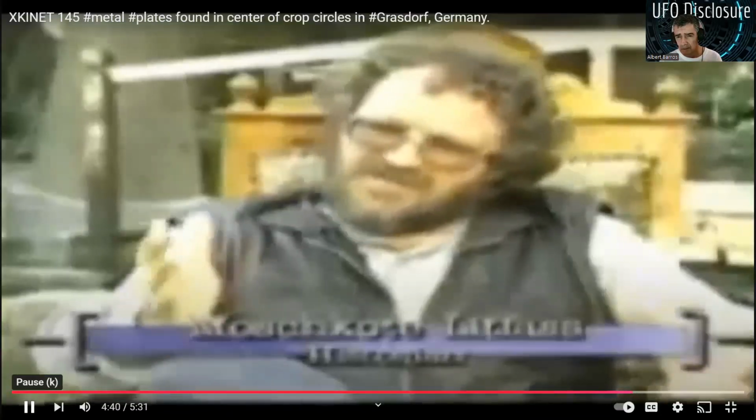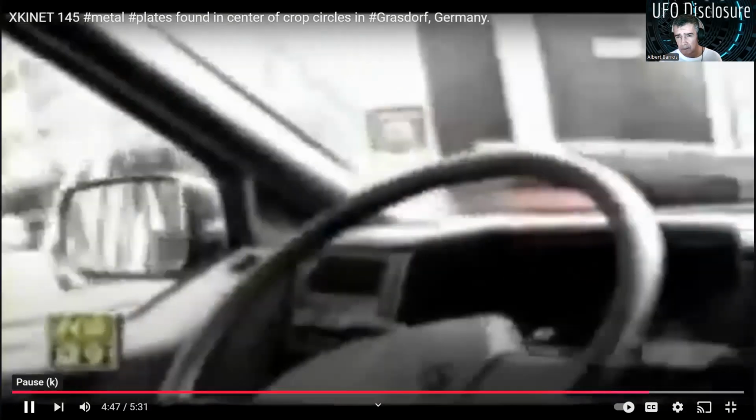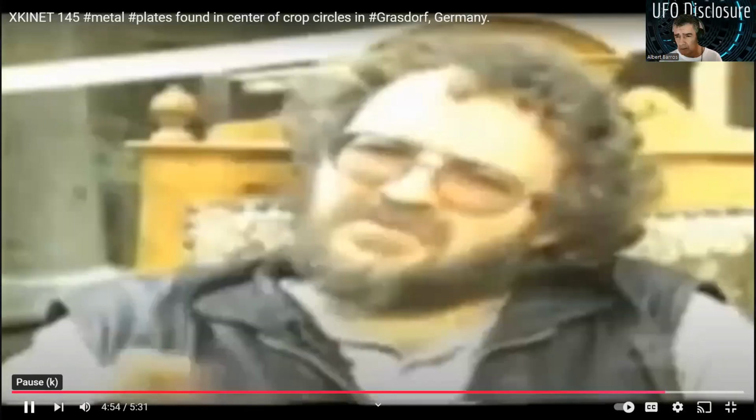I went with the plates with another man together to Berlin. There is an examination institute, a very, very big institute, and they found there is only silver in the silver plate, and the bronze is very unusual. We have never seen